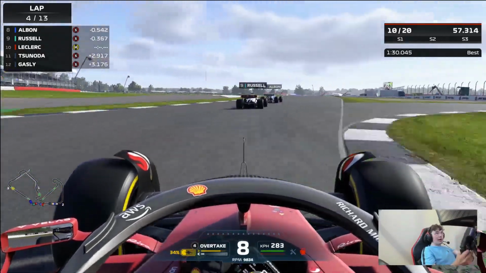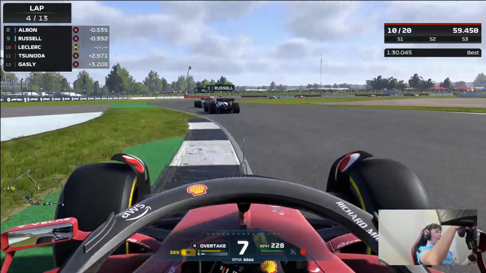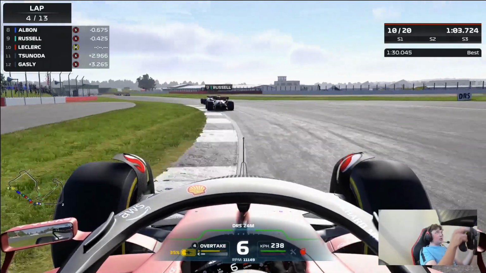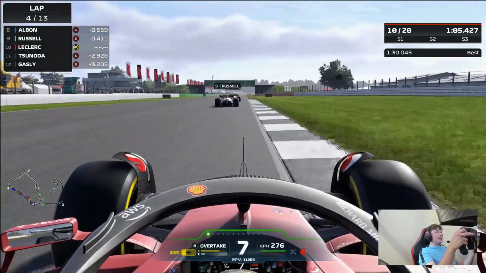See what we can do. Through Maggotts and Becketts, committed. Down to 7th, down to 6th. We tried to stay nice and close to that sausage curb, and we did that, anticipating the dirty air pretty